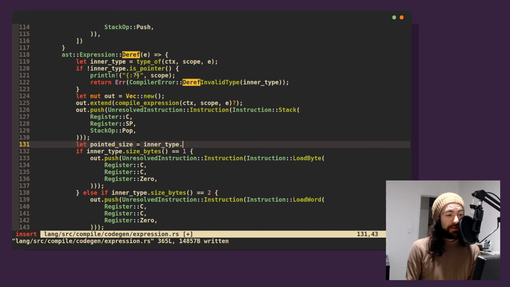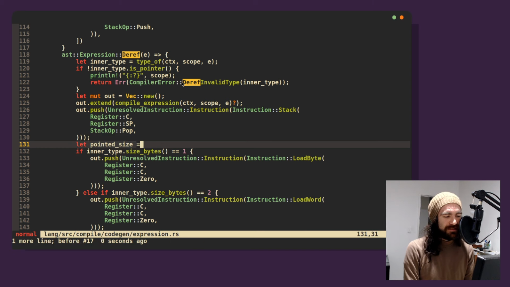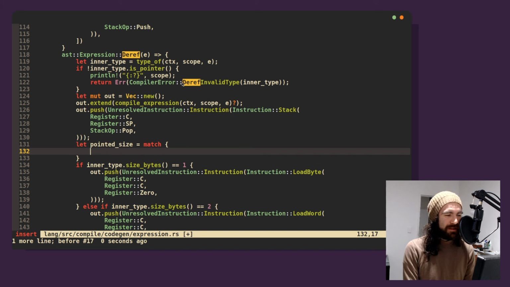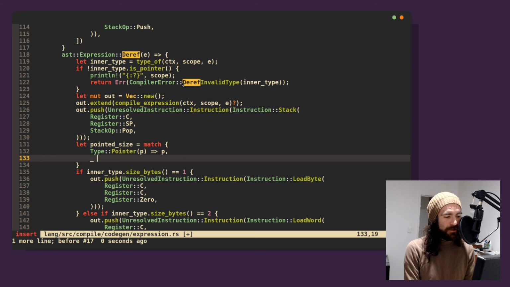We know this is a pointer. We've asserted it's a pointer. Get, I just wanna get the inside thing. Do I match? Is match the right way to do this? Maybe. Let's say type. It's gonna be a type pointer p, and anything else is gonna panic.